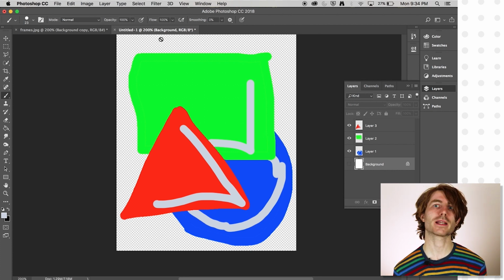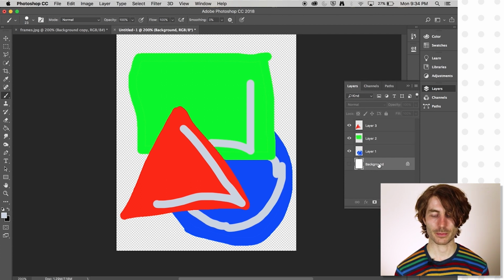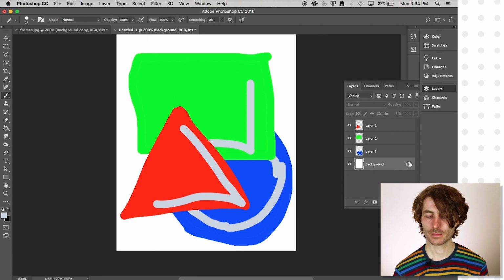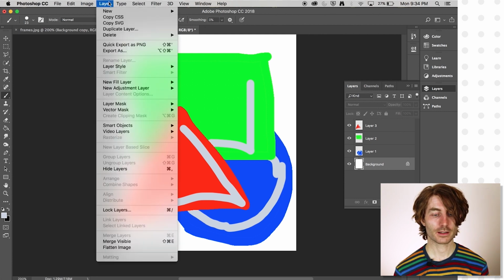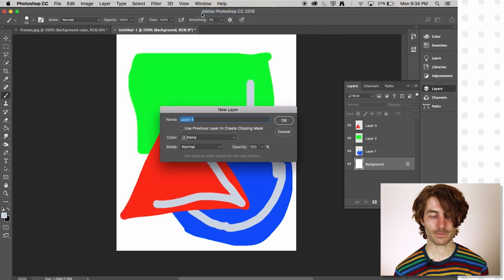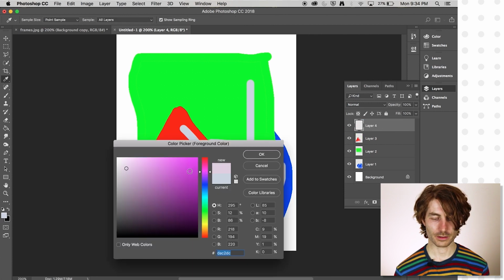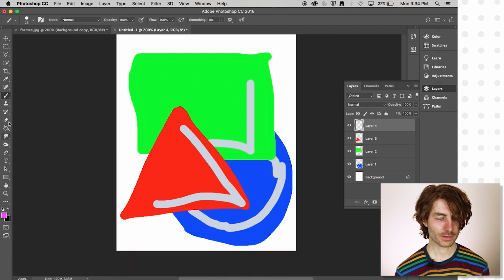Now that can be quite useful sometimes, but a lot of the time it just lets us know that actually there's nothing there. We might want to put something in the background that isn't just plain white. To create new layers, we go to the layer drop-down menu and we go new layer. And we can put it to a new position or take a new color. We'll take our paintbrush tool